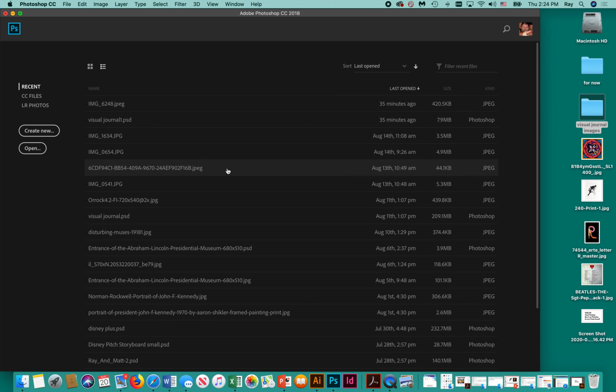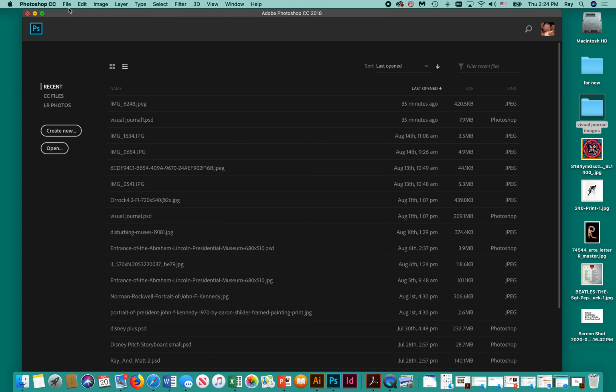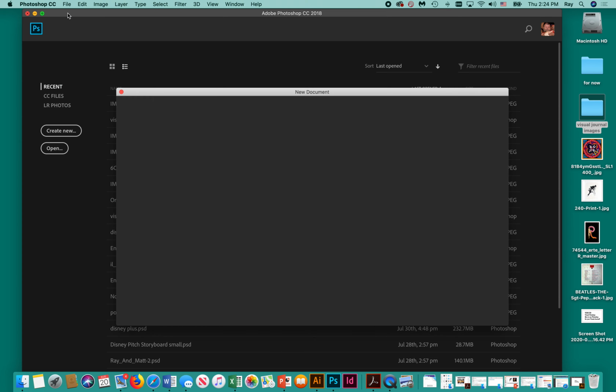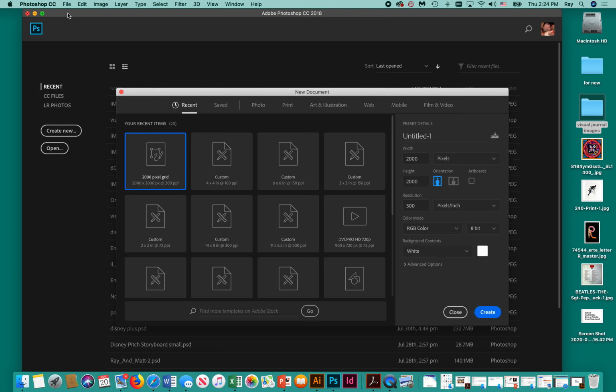If you've not used Photoshop before, it's a pixel-based program, meaning that we're dealing with tiny, tiny little dots. So we're going to go to File, New. And the first thing I want to do is make sure that I'm working in the right size, the size that I've requested you do this. Instead of using pixels here, we're going to put it into inches. Our size is going to be 4 inches by 4 inches. And we are going to make this 100 DPI.